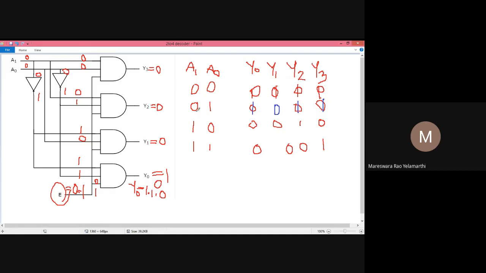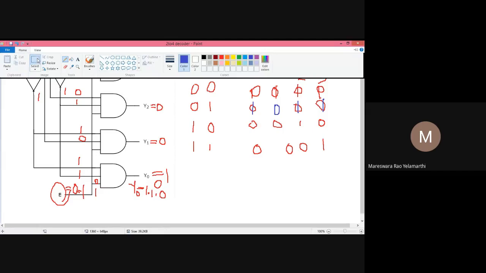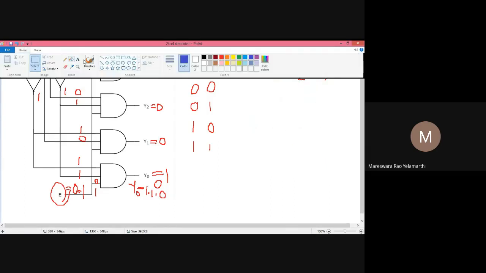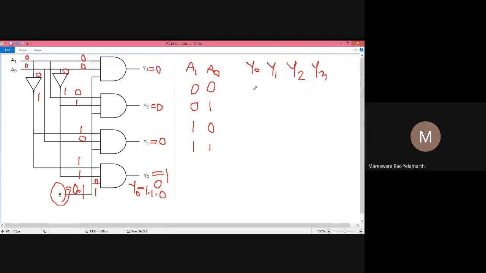I will remove this and write clearly. So we take this one. For this particular combination, this one is 0 and the remaining all are ones.